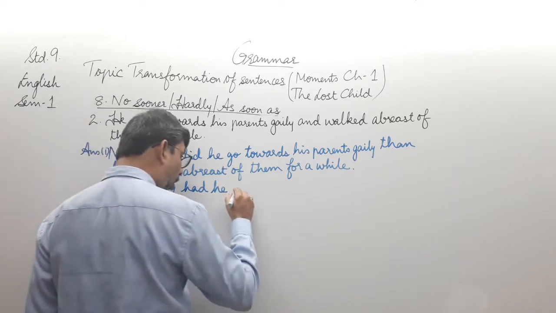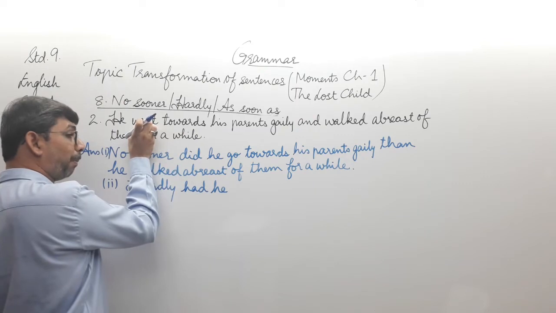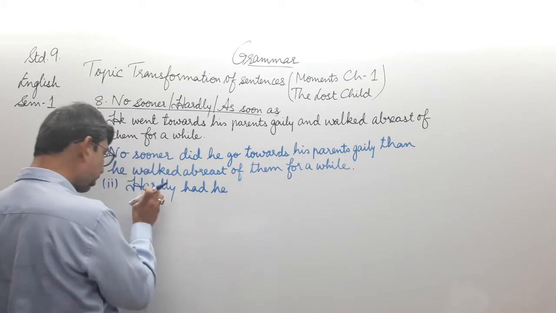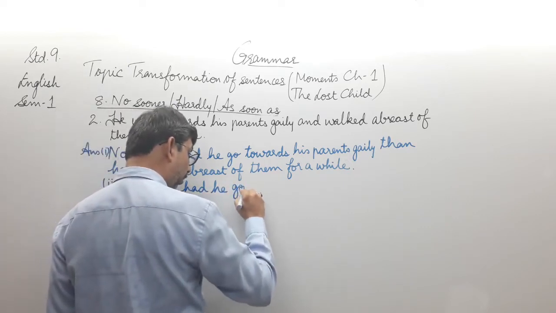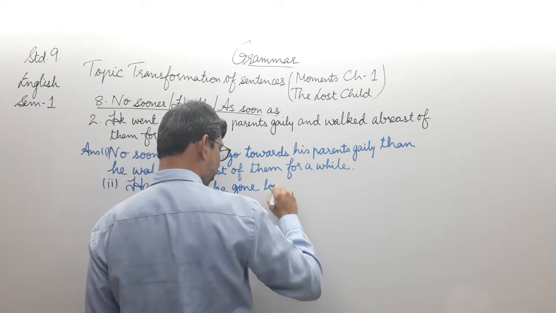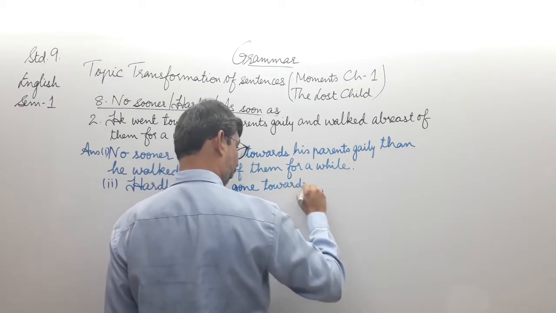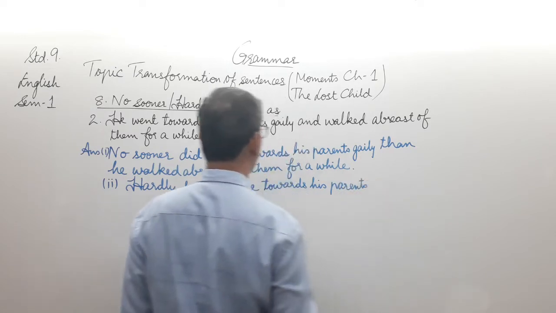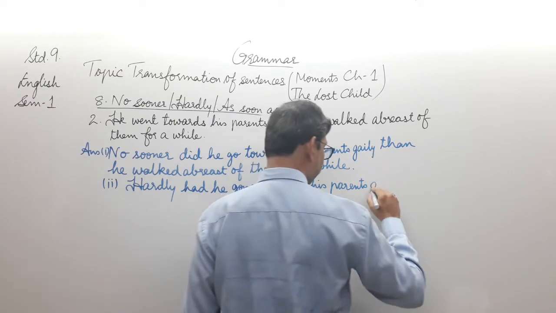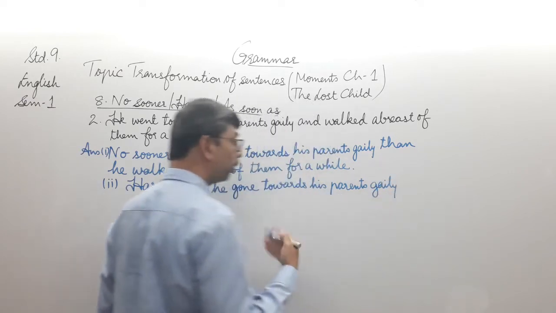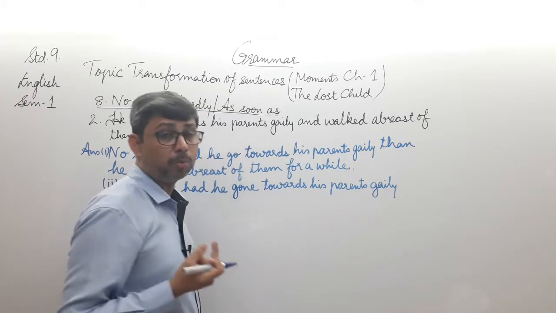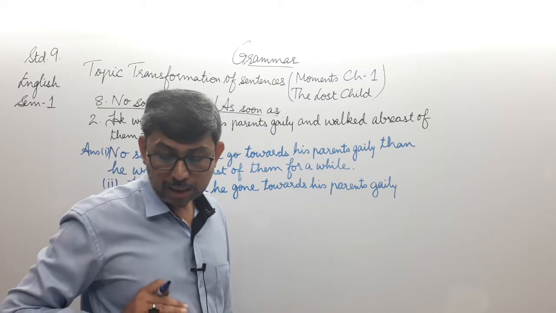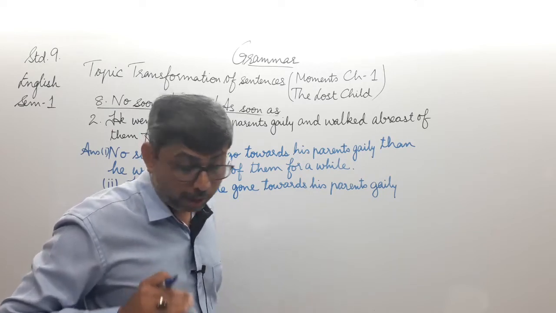Hardly had he gone. So you must be able to think that went is the past form, go is the present form, and gone is the past participle form. Hence hardly had he gone towards his parents, hardly had he gone towards his parents gaily. You should be able to recall, instead of than, what are we going to use? The word when. Yes, gradually you will be able to remember and recall these things. So hardly had he gone towards his parents gaily when he